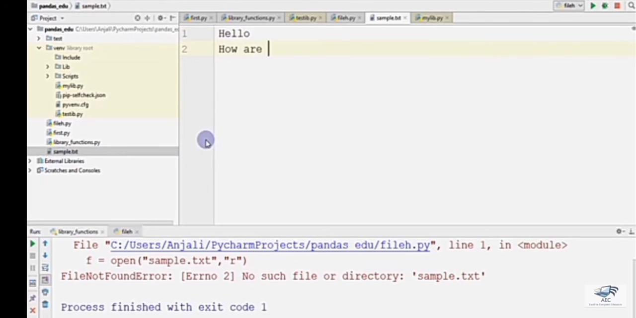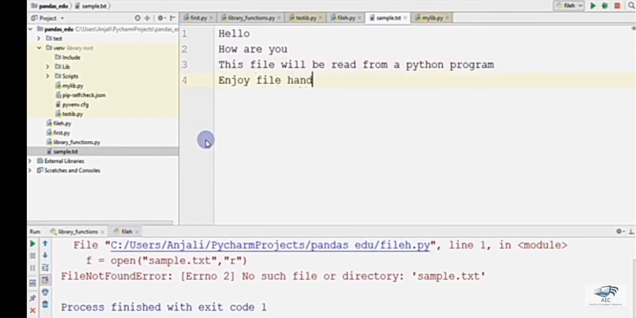Data, hello, how are you? And this file will be read from a Python program. The contents will be read from there. Enjoy file handling. So these are the contents of the data file now, and we'll switch back to the program code, and then